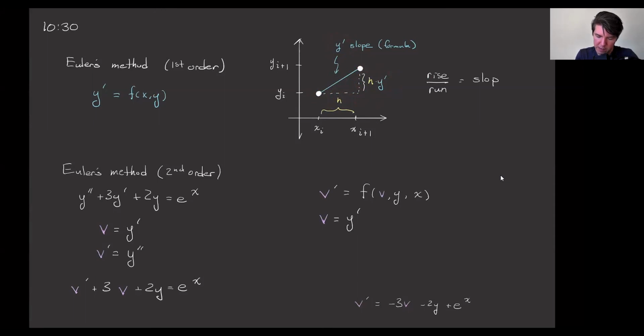If we just had the rise and weren't sure what it was, the run is h. The slope is going to be this y prime. And we can see just by some simple algebra, you don't even need trig, that the rise is just y prime times h. So it stems from a little bit of algebra with this triangle. Okay, now I will jump back to